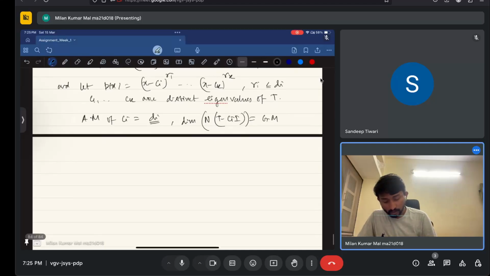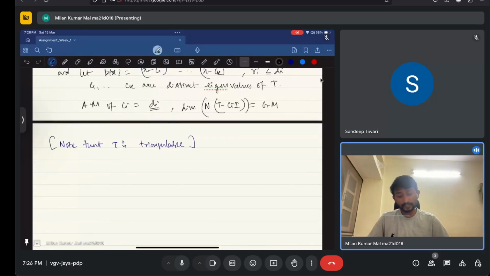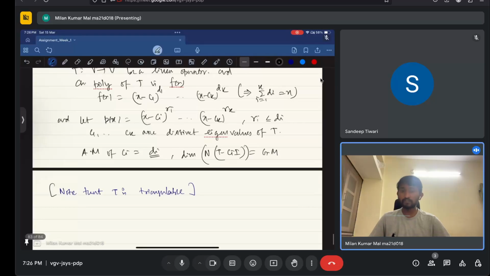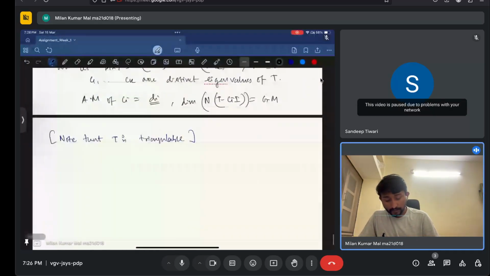Okay, so clearly note that T is triangulable. Why triangulable? Because the characteristic polynomial is completely factorized into linear factors. Now there must exist, corresponding to